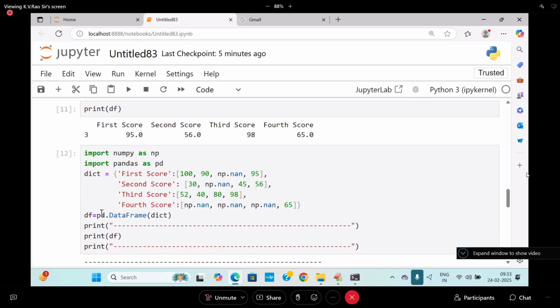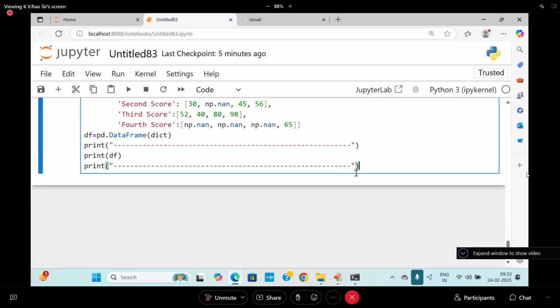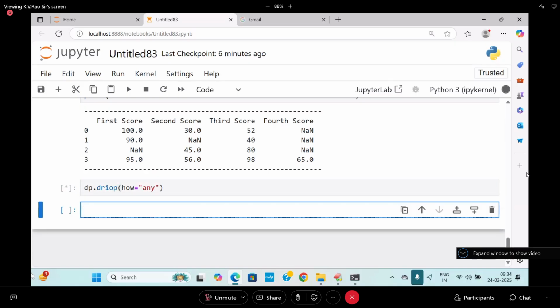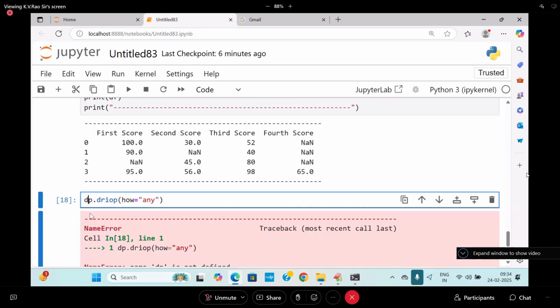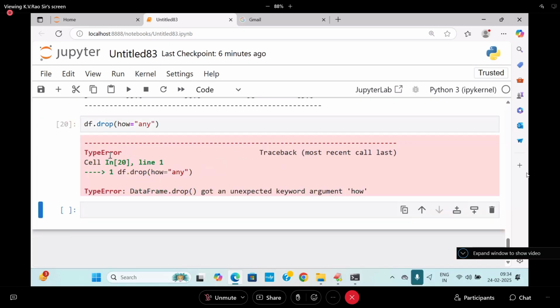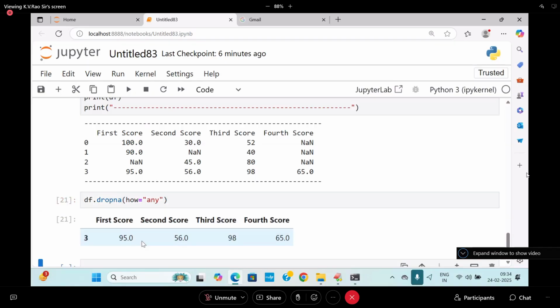Here I will carry this data and I'm trying to apply the how attribute. So df dot drop of what is that? Axis is equal to, I'm not writing, but it's 0 only. So what I'm writing? How is equal to any. Any, I'm writing it. So df dot dropna. Okay, dropna. How is equal to